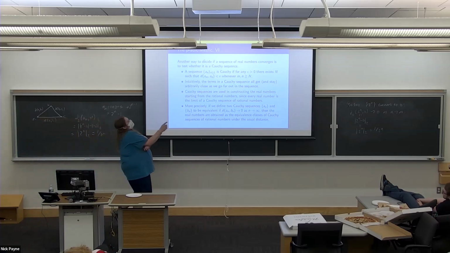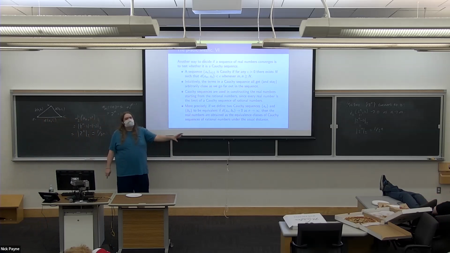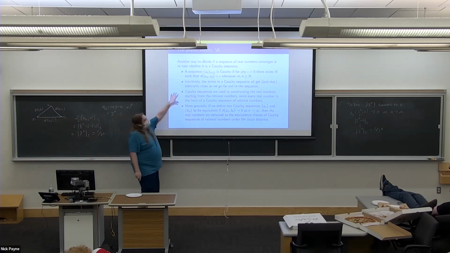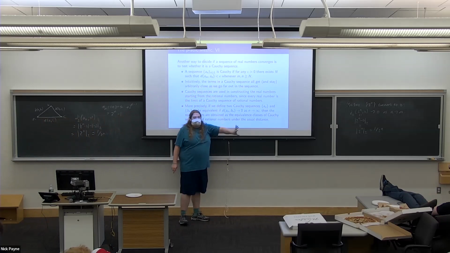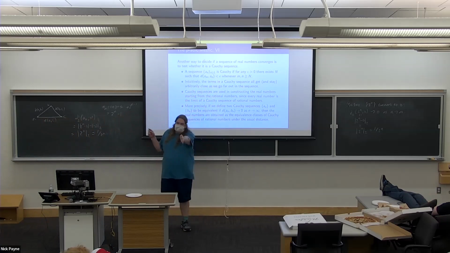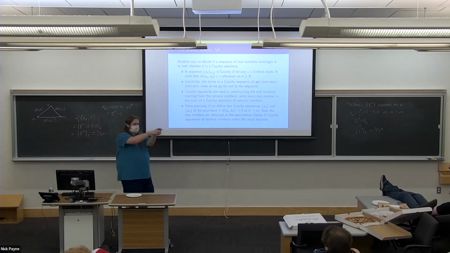So what's a Cauchy sequence? If you haven't seen this before, it won't be particularly clear, and I don't have time to make it particularly clear to you precisely. But the idea of a Cauchy sequence is the terms have to get and stay really close as you go far out. So the point is, a sequence converges to a limit when they all get close to some number L. A sequence is Cauchy if the terms all get close to each other. Okay, they all sort of cluster around.